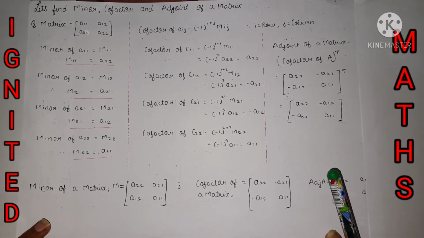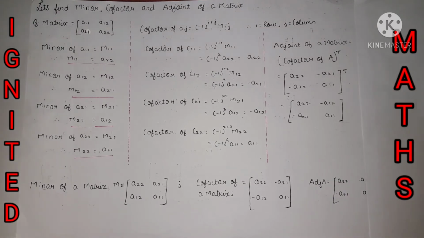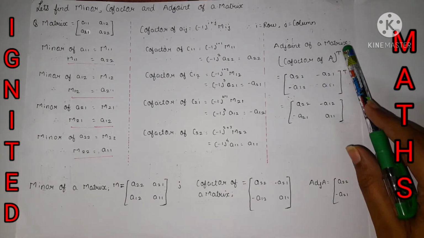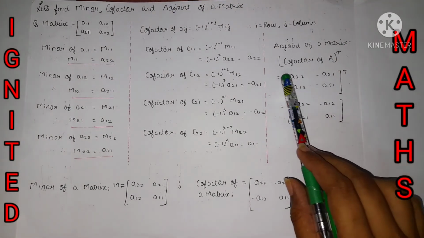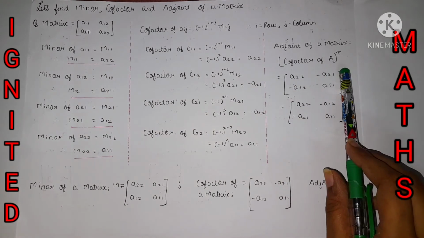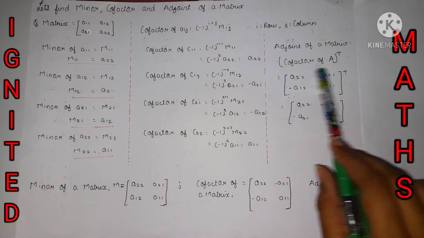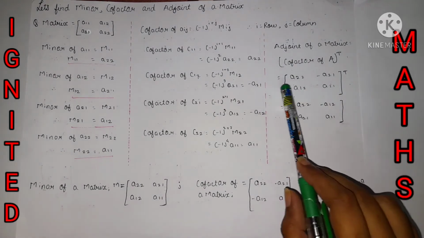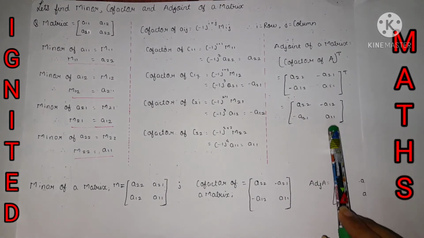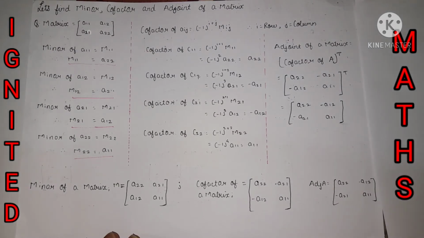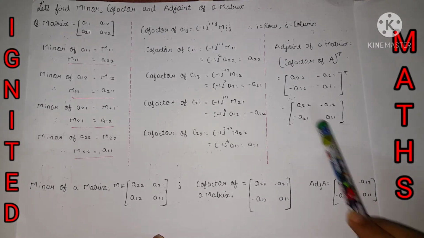The link is in the description of the video, but over here I'm still going to explain it. We write the cofactor matrix over here and we need to take its transpose. This is my first row and I'm going to change it into my first column. The first row will be interchanged as my first column and the second row as my second column. Yes, we have done it. That is nothing but the adjoint of the matrix, and we have mentioned it even in matrix form.